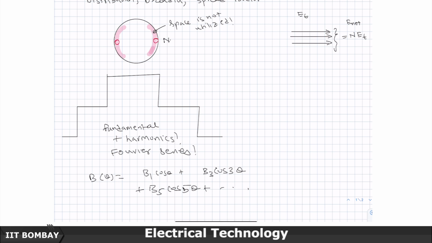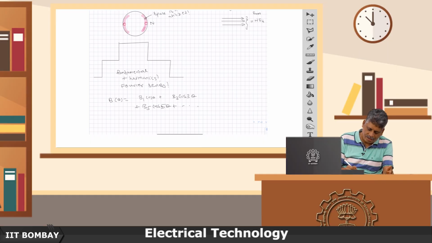So, if B theta is distributed like this,